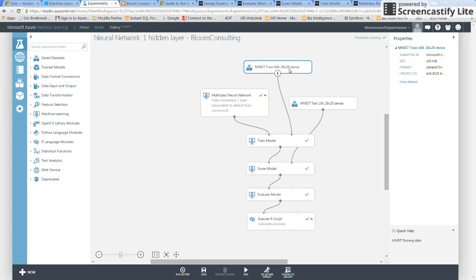This data set has 60,000 rows, and this one has 10,000. So this 60,000 is going to train the model along with the neural network class, multi-class, and then this 10,000 batch is going to go straight to the scorecard, and the train is going to go to the scorecard, and that'll get evaluated. So we train the model, we score the model, and then we evaluate the model. And the evaluation compares the actual results, which is probably this 10,000, against the test, which is the 60,000,